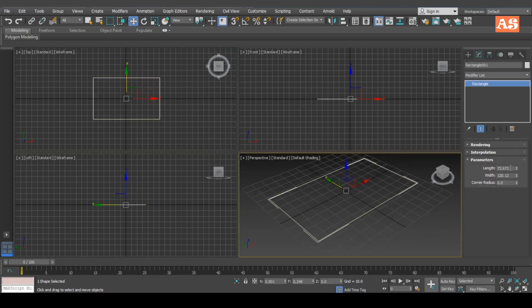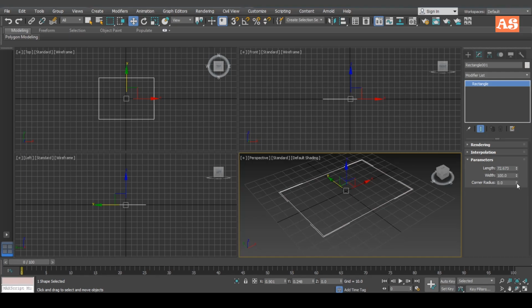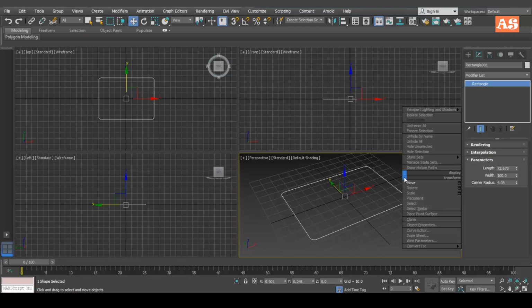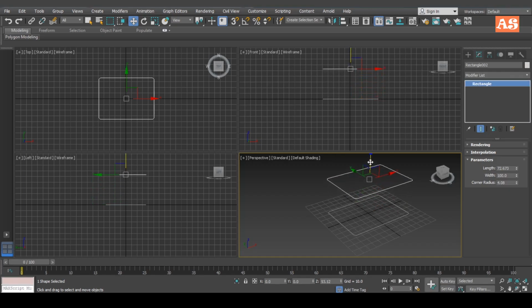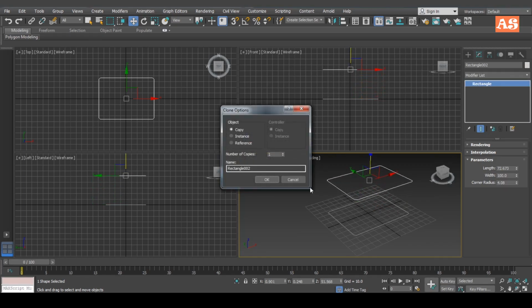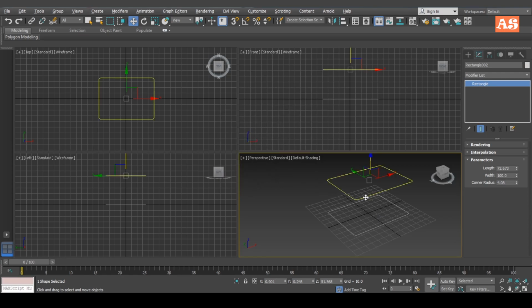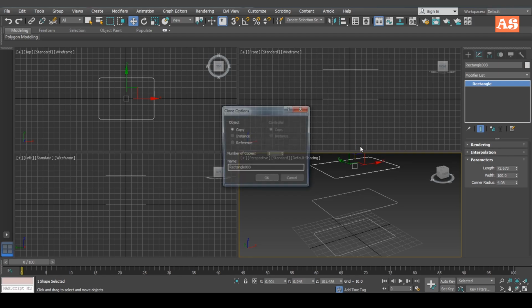And I need to adjust this rectangle a little bit. I need to adjust the corner radius of this rectangle too. Okay, like this. Press J to remove the bounding box. I need to create a copy of this line, so after pressing Shift and moving the mouse, it will create a copy of this object. Again I am going to create a copy of this one too with the help of Shift and drag.